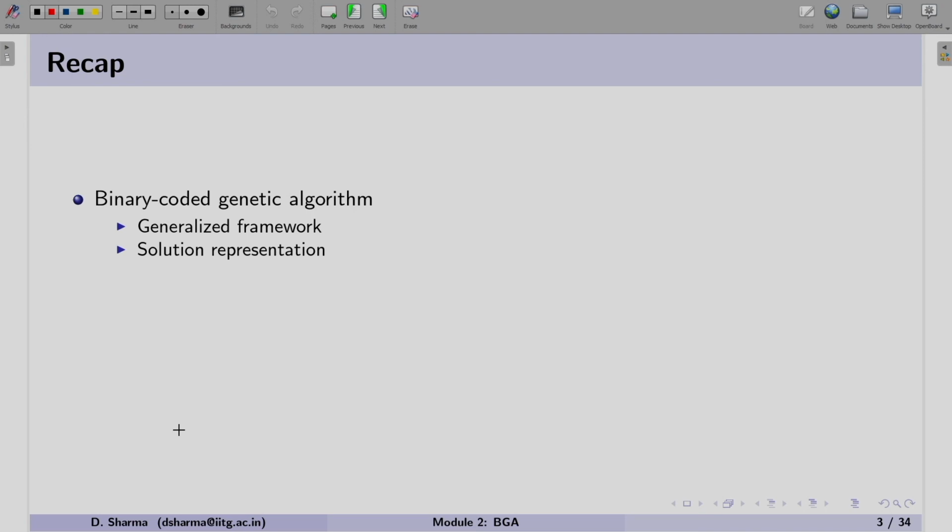Since in binary coded GA we use binary string, first we saw the solutions represented using binary string. When we have binary string, we can represent the decision like 0 or 1, yes and no, on and off. Similarly, we can also use binary string for discrete variables as well as for integer variables.